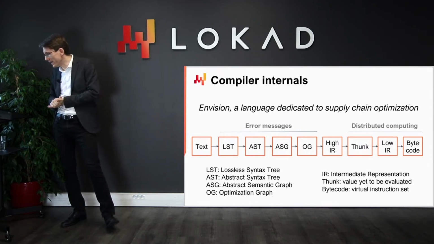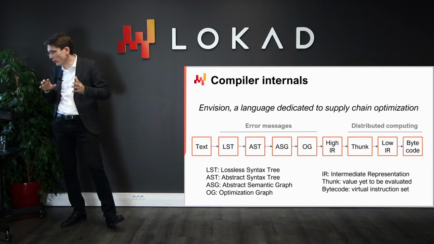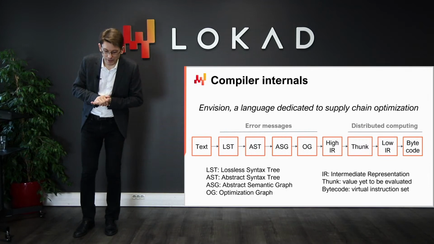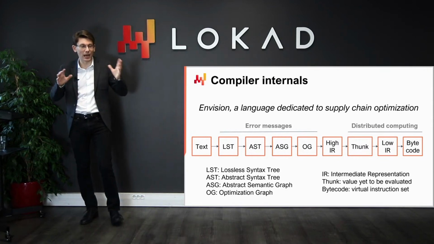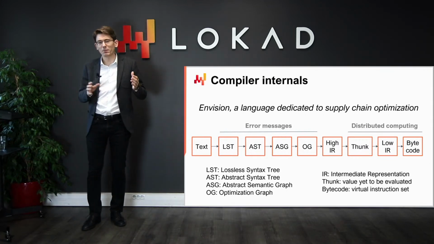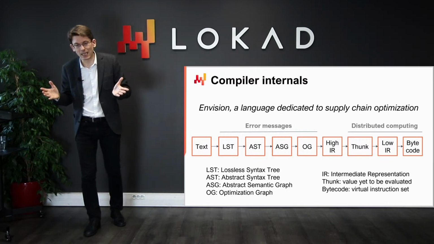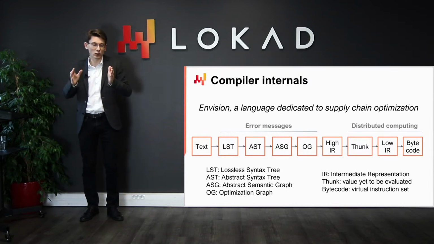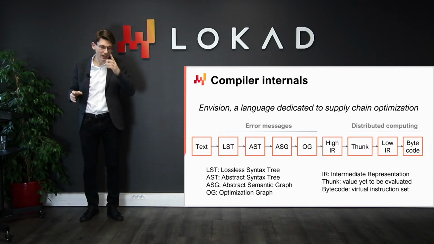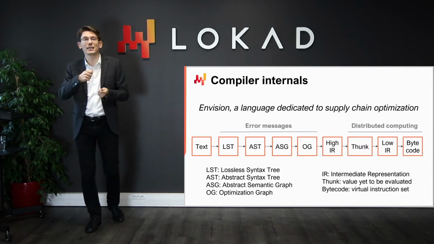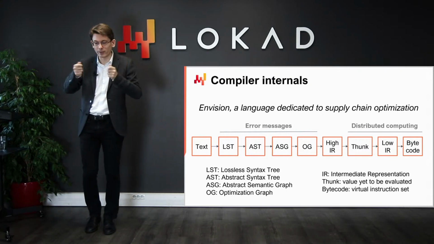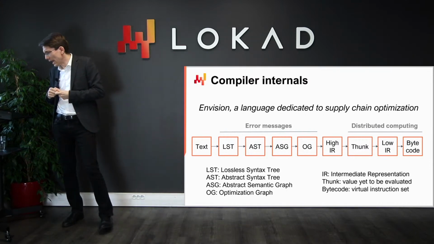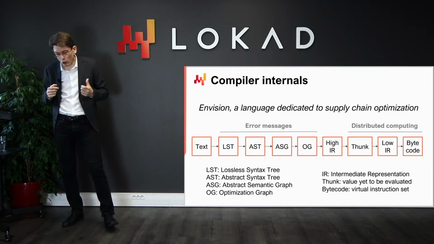Now, when we go from the LST to the AST, we simplify the tree. The AST stands for abstract syntax tree. For example, the parentheses are not needed anymore at the stage of the AST, because when we have a tree structure, fundamentally it removes the need to have parentheses. We have the priorities of all the operations defined through the tree itself. And also we will perform